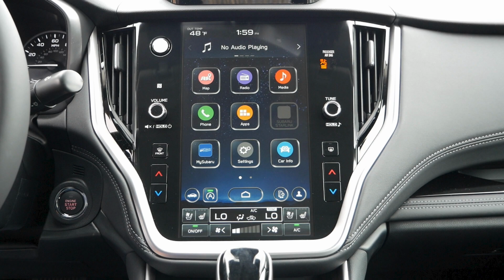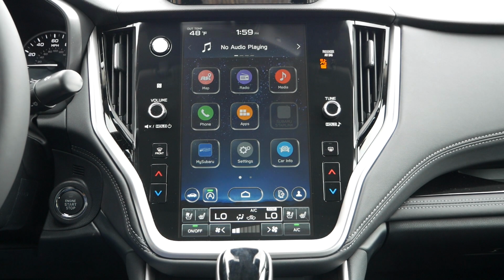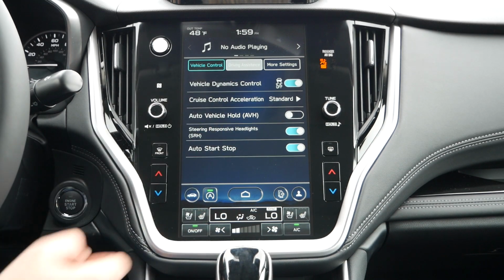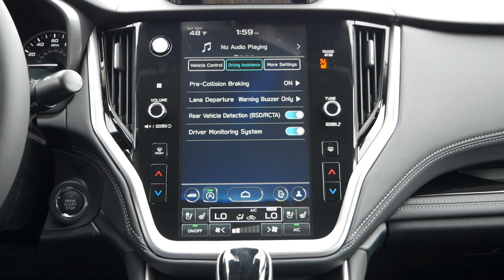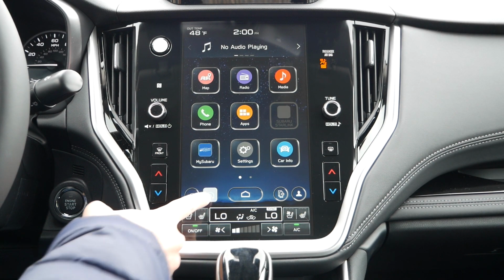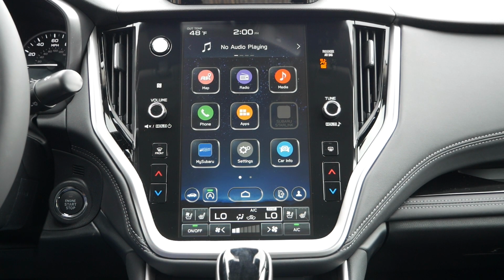Just like with an iPad or most tablets, the home screen button can be found in the center, with icons placed on both sides. Starting from left to right, you'll find the vehicle settings icon, which leads you to your driver assistance technologies, pre-collision braking, and cruise control settings. Next is the auto start stop button, which can quickly be turned on or off by pressing down on the